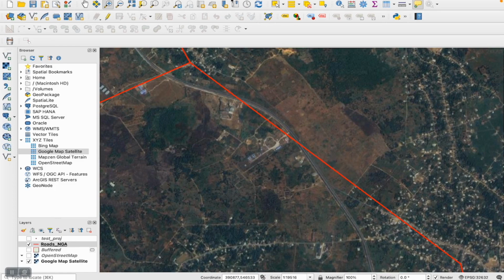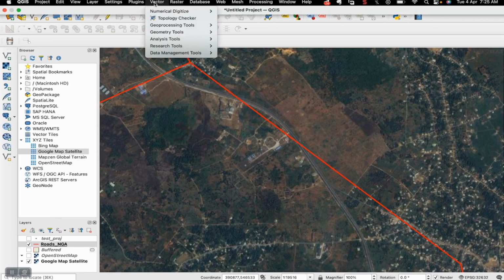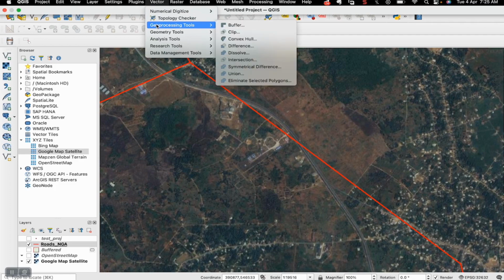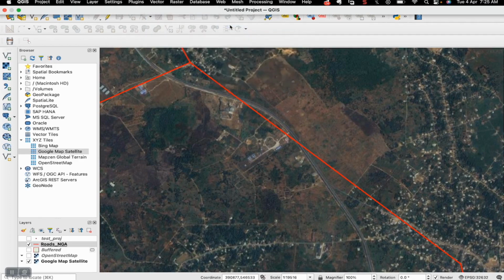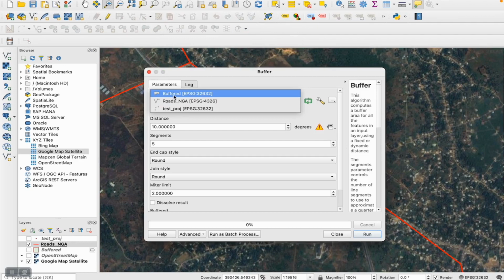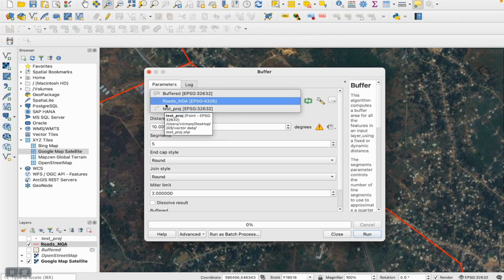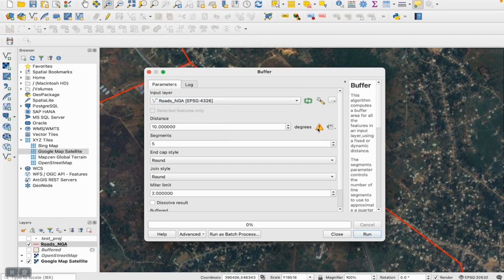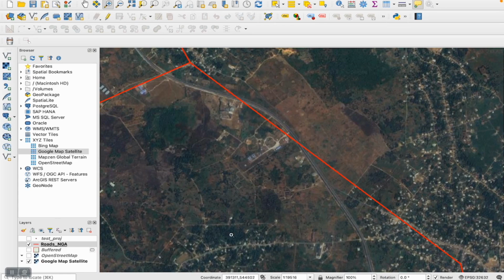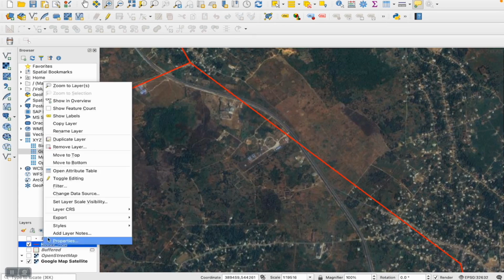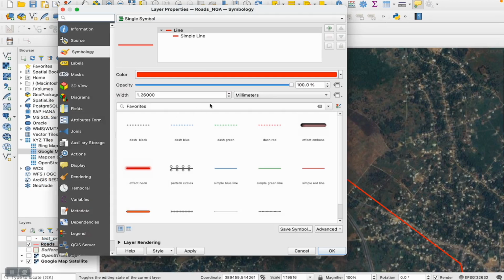So let's create a buffer for line. The same method: you go to the vector menu and straight to geoprocessing tools and buffer. Notice before we had a village, but now we have roads, and again you need to reproject it to a projected coordinate system so that we can work with it. So let's close it and run back here, export it